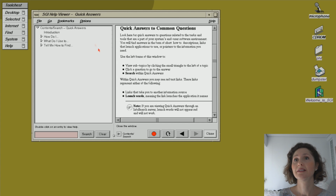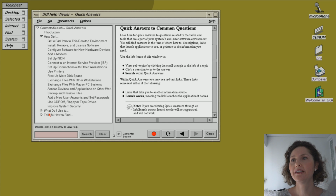Well, look, you've got how do I, what do I use to, like this. Okay, how do I? No, I don't want how do I. I want... But how do I is the official OSFirstTimer Advanced. No. But this isn't OSFirstTimer Advanced. I want to find something. I don't want to know how to do so. Well, I do want to know how to find the clock, but tell me how to find...